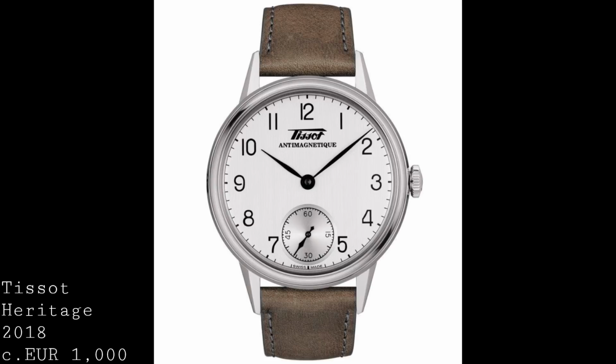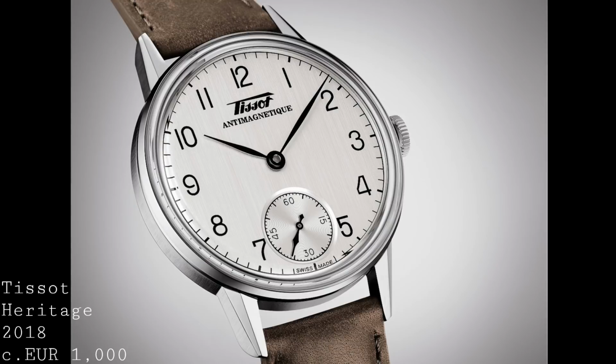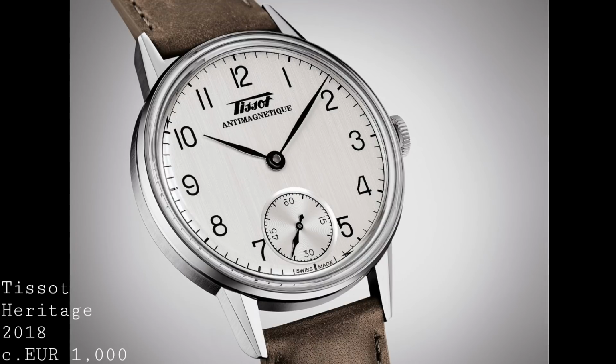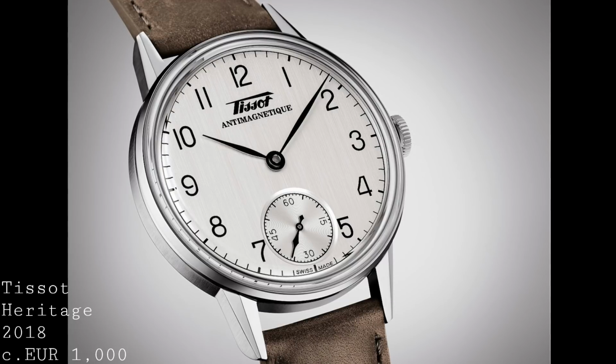But it really does appeal to me in the way it's curved over its top with Tissot on it, as well as a very slim profile, which just seems perfect for this timepiece, with a nice execution matching the sharp lines of the dial on the Tissot logo, as well as the fact that the rounded nature of it does match those leaf hands wonderfully. The watch does also incorporate an element of anti-magnetism to it, which is great to see, especially with a very large exhibition caseback. And so, for a circa €1,000 price tag, this watch seems like a very attractive option for